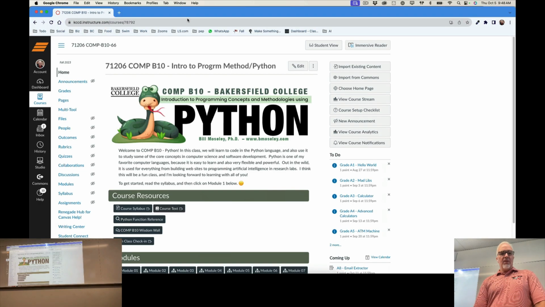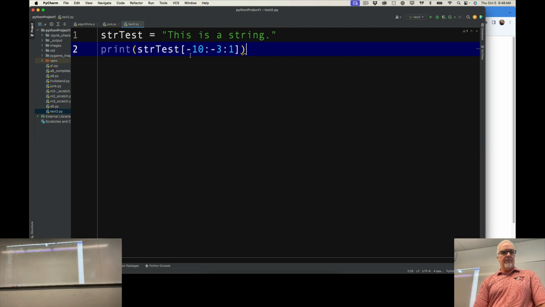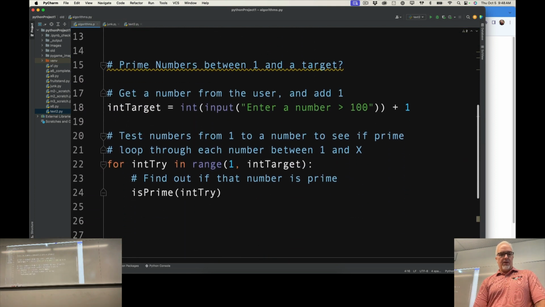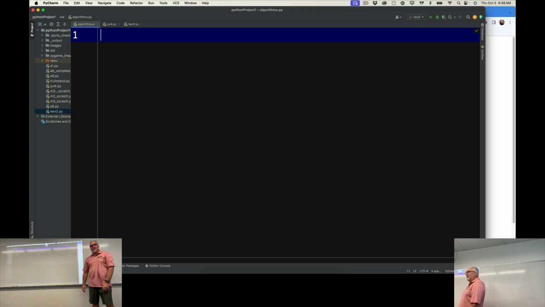So let's take a look at algorithms because I think this is useful. A common problem that we like to use when we're talking about algorithms is the problem of finding prime numbers. Okay, so what's a prime number? A prime number can only be divided by 1 or itself. Simple definition. So if I wanted to find all the prime numbers between 1 and any number,